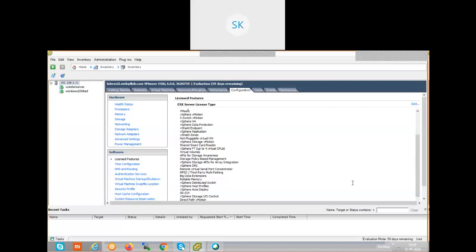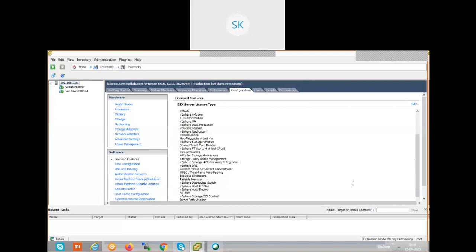What is the difference between these two? If I need a Windows-based installation, what is required? In addition to the licensing cost of vCenter server, I need to purchase a license for Windows Server. That is one thing. Any management console requires a database. So if I choose a Windows-based installation, one Windows server and one DB server are required.